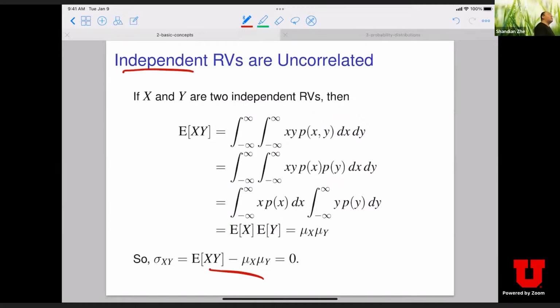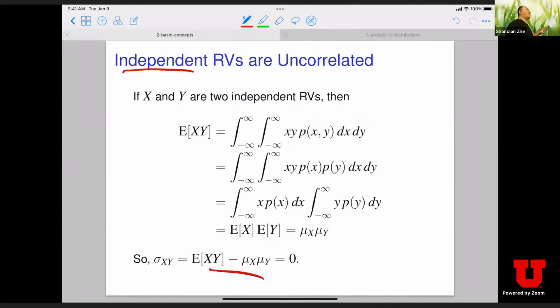Yes, exactly. This is very, very important. So be careful. You can have zero covariance, which doesn't mean these two random variables are independent. But of course, if two random variables are independent, they must be uncorrelated, meaning their covariance must be 0. So their equivalence happens only in special cases.